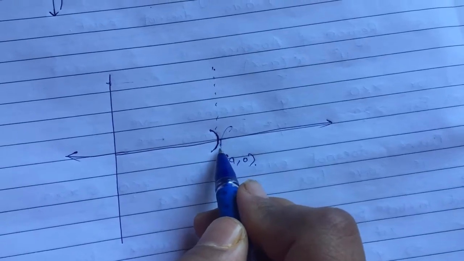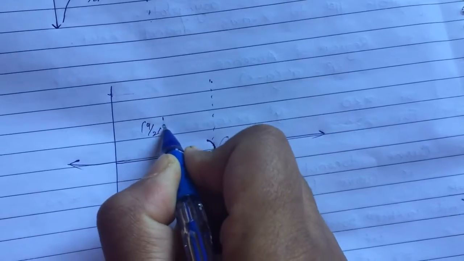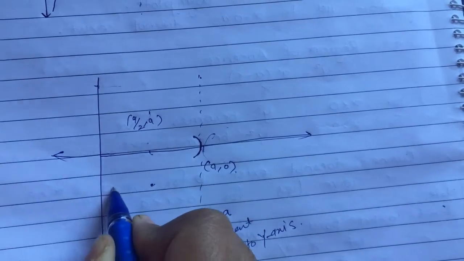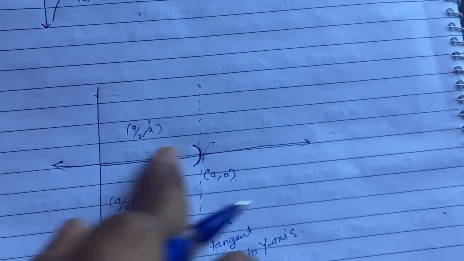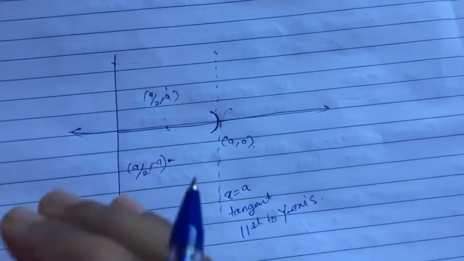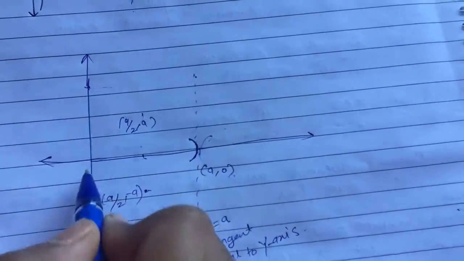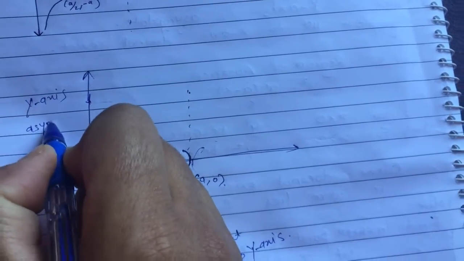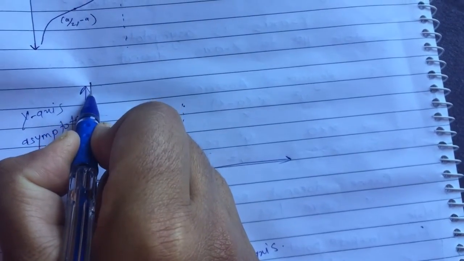We have found it by using the value of dy by dx. Now plot the other points. For x is equal to a by 2, what have we got? We have got y to be a. Again for x is equal to a by 2, y to be minus a, means the curve will exist here also. As it is symmetric about the x-axis, whatever parts exist above the x-axis will also appear below the x-axis. So see, now we know that x equal to 0, that means the y-axis is an asymptote. Asymptote means the tangent line which becomes tangent at infinity.